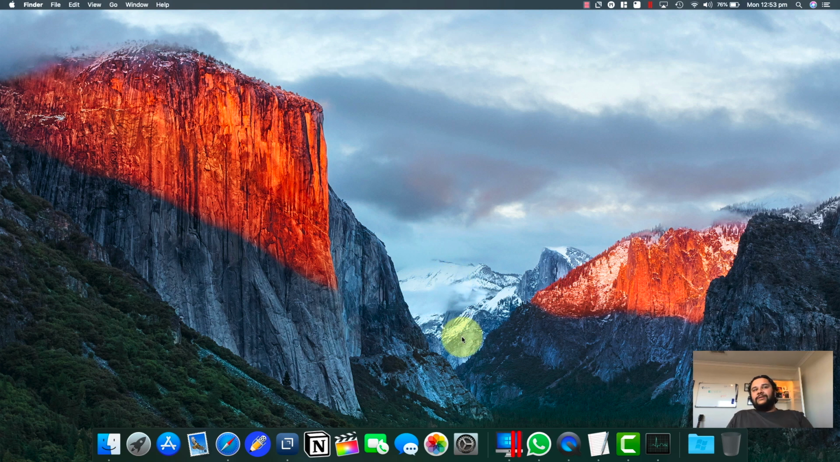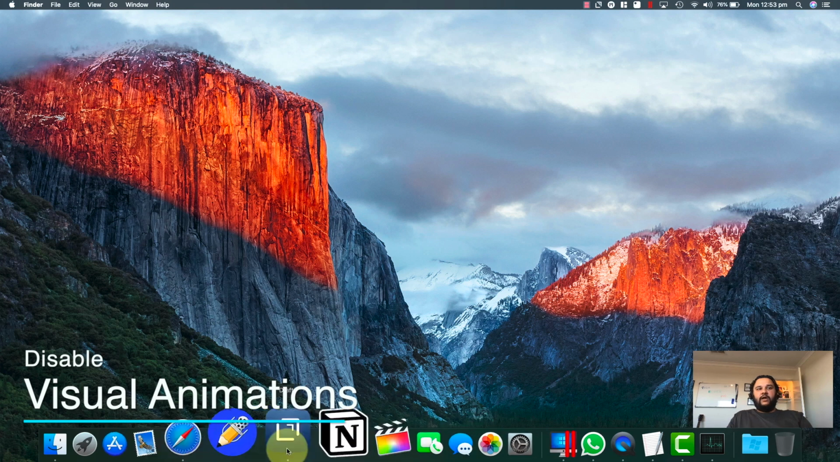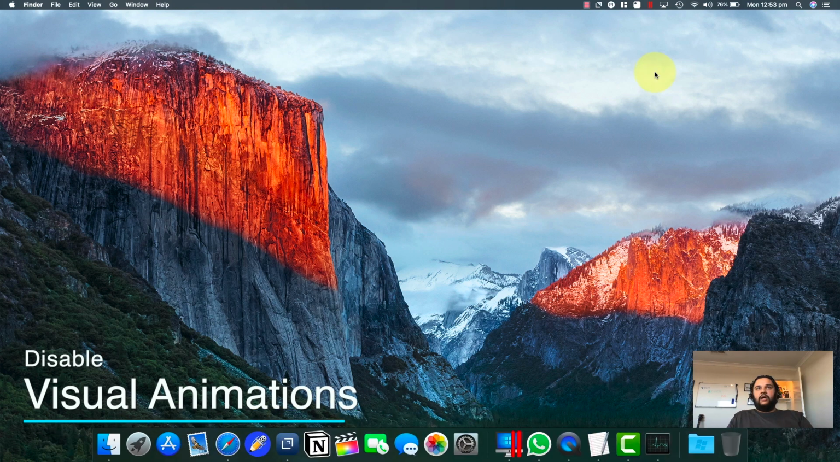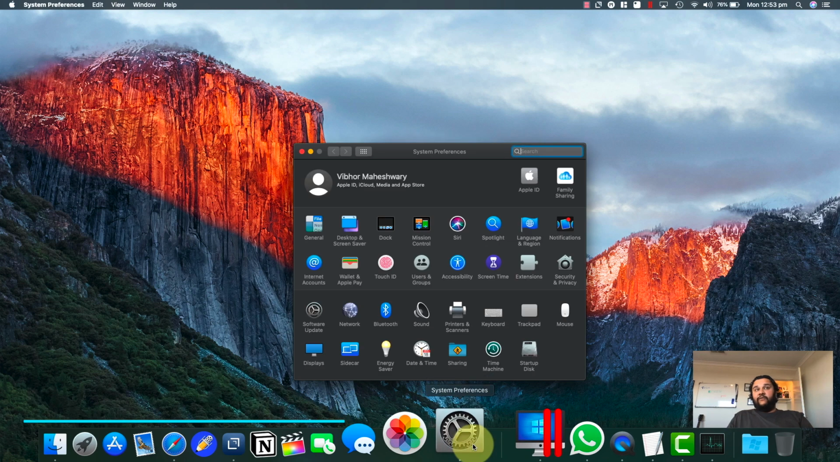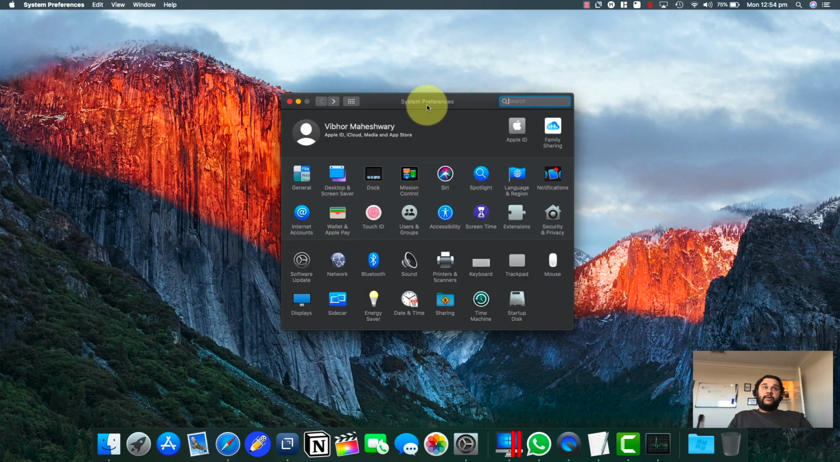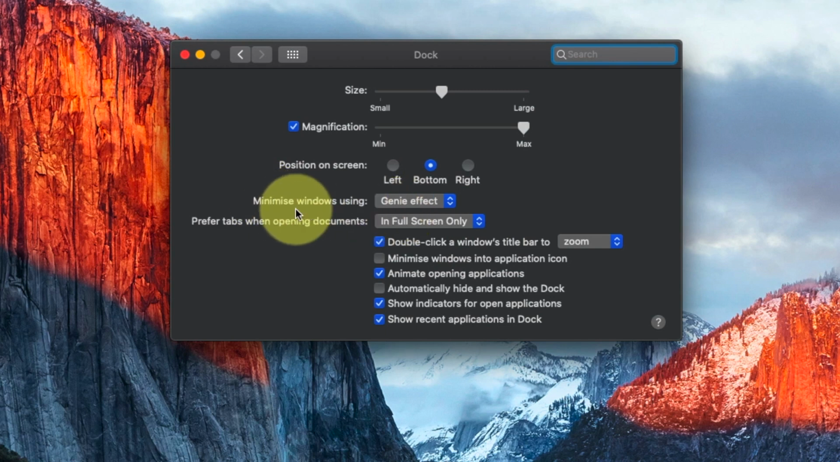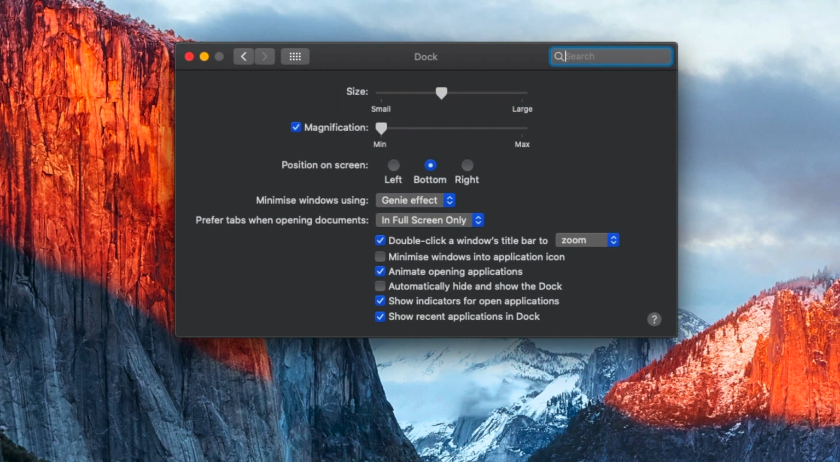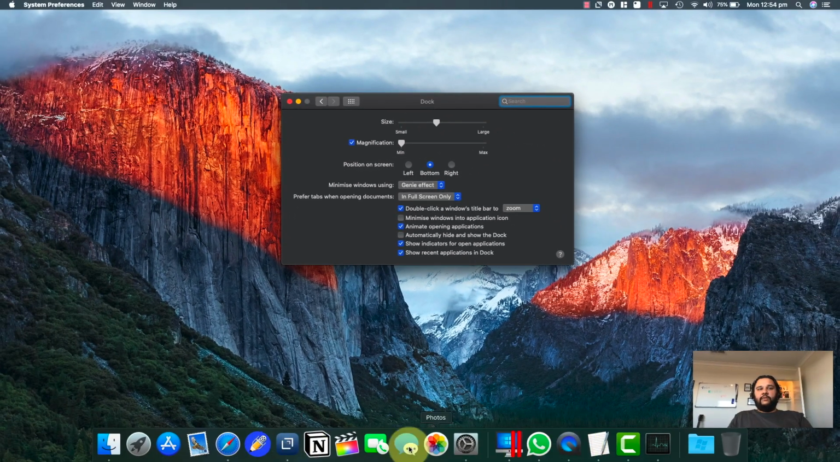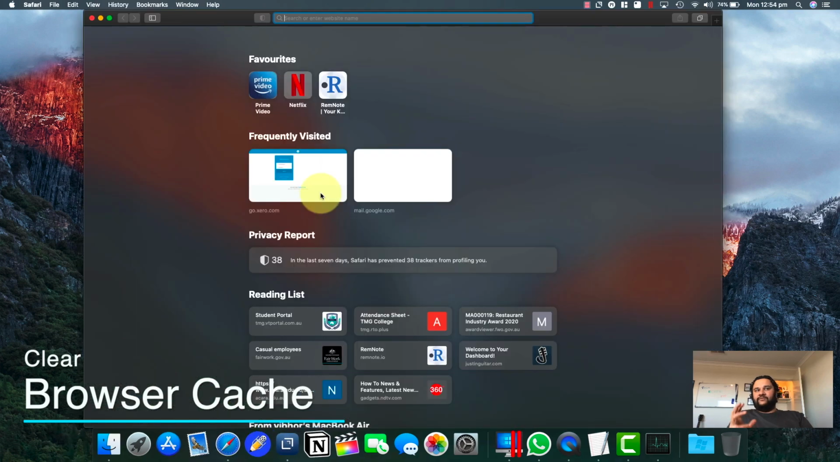Another thing that you should do is disable those cool animation effects, like this genie effect that I have for my taskbar. You can go ahead and turn these effects off. Whenever these effects come into the picture, they take a huge amount of your RAM. So to stop them, you can go to System Preferences, then go into the Dock settings. Over here, this genie effect and everything, you can just turn this off. You can turn off the magnification so that this effect does not come into the picture and your Mac runs more